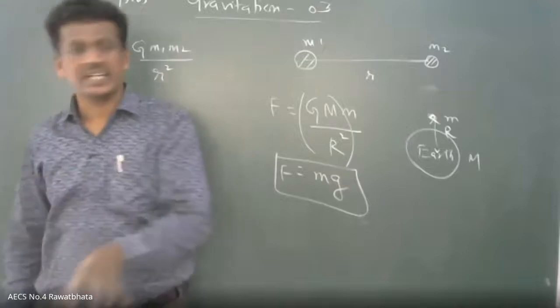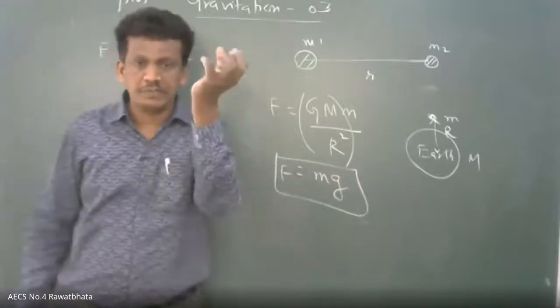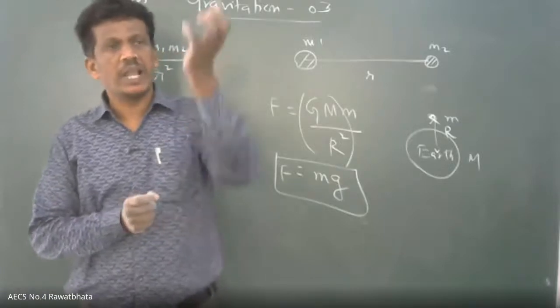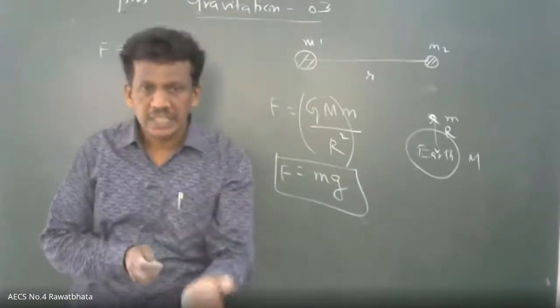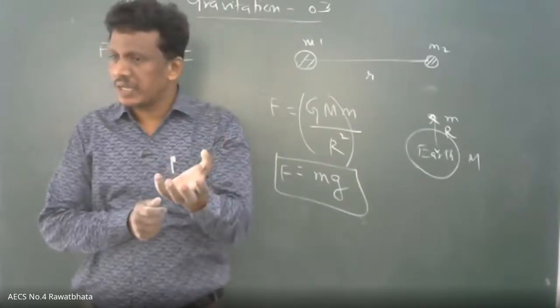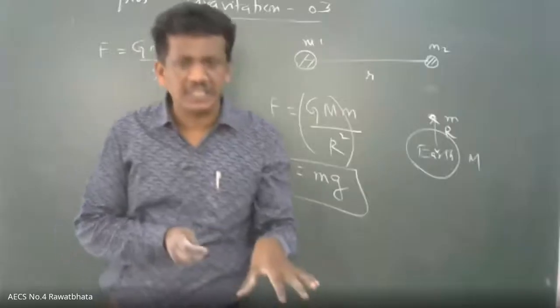The mass of the Earth exerts the force. Which direction? Downward. So that's why we are attracted towards the Earth. So the apple is falling upward or downward? Downward, towards the center of the Earth.